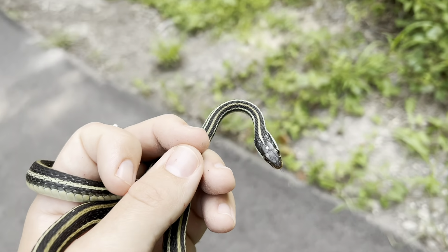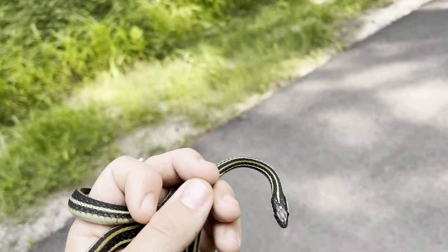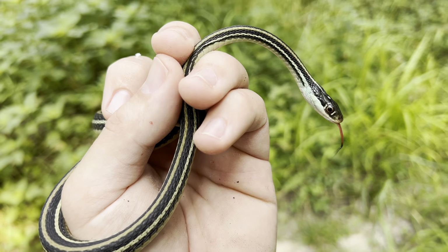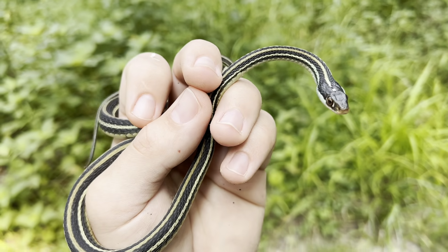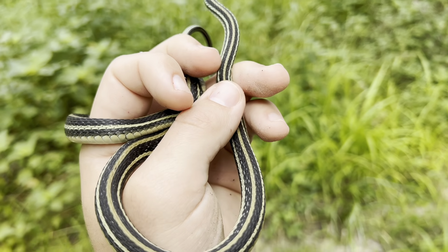Very feisty. Did just spot it right here, just kind of making its way across the trail, and I just barely grabbed it before I got into the weeds. But this is a really good sign. I mean, snakes are moving. Quite a common species, but super cool. I am getting covered in mosquitoes. I mean, Houston is notoriously bad for mosquitoes, but